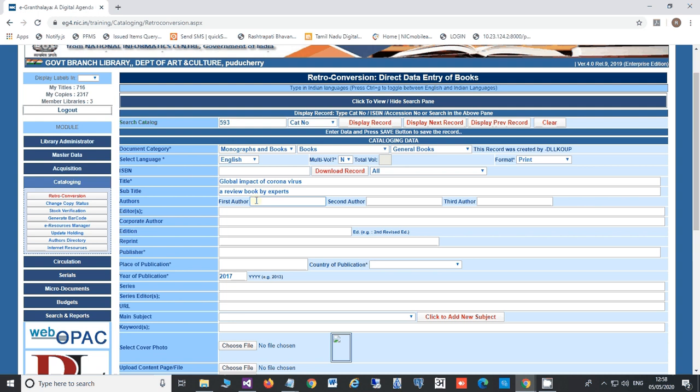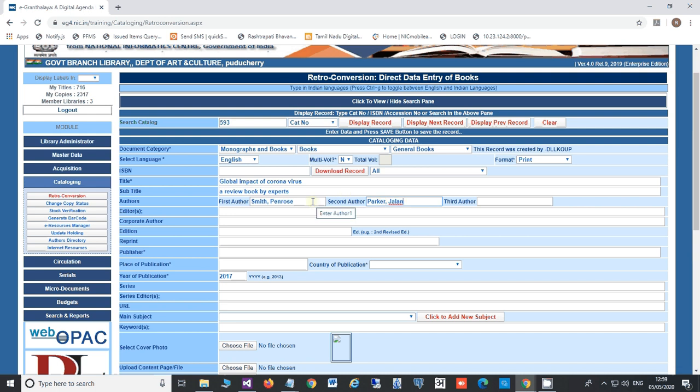In e-Granthalaya, for all the fields you need to type the first letter and then stop, and it will start matching if it is already there. If the same author name is already there, you select the name of the author, no need of typing it again. Parker, Jelen.